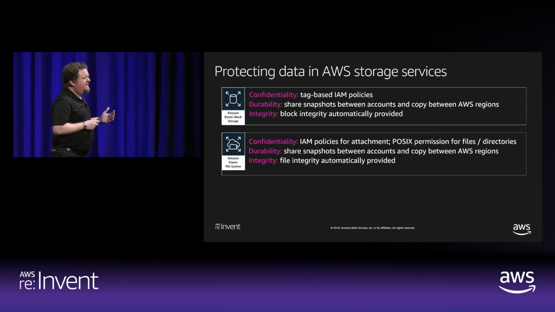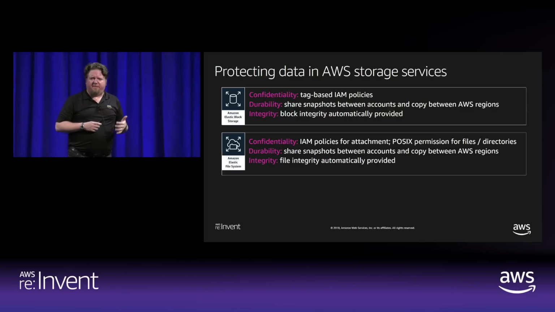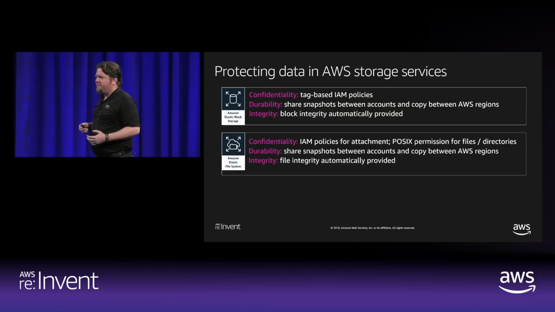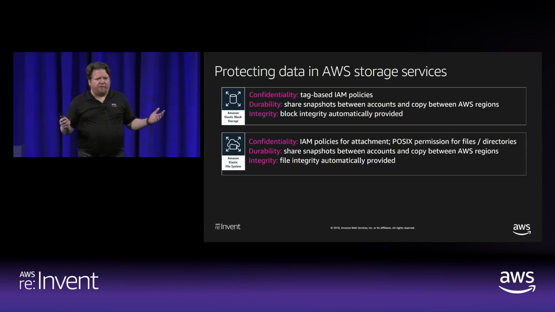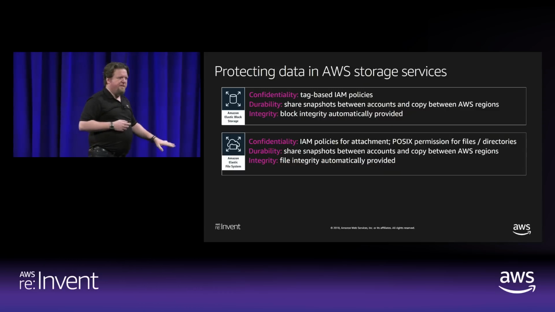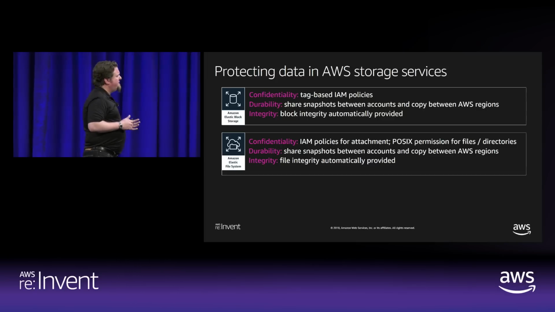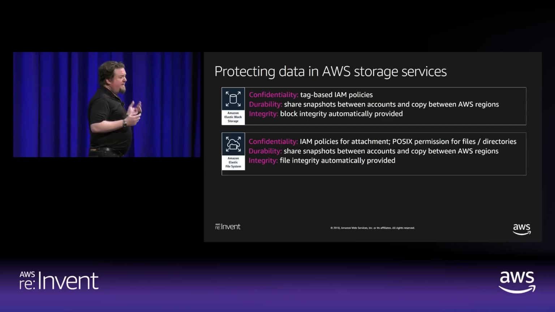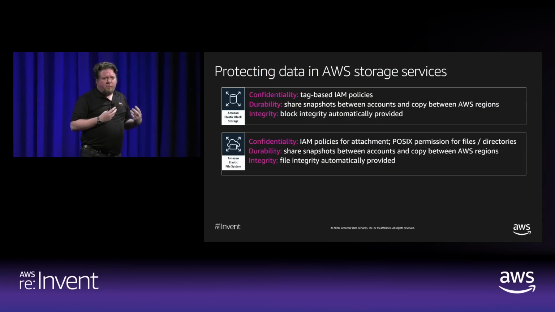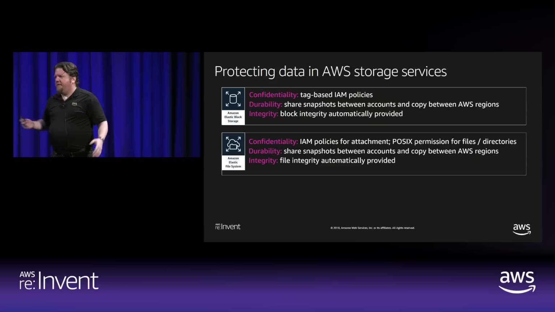In EFS, you can control the attachment of the file system using AWS IAM, but of course then there are POSIX file permissions to go deeper. EFS does not support ACLs, but it does support Unix-style chmod permissions. It works pretty well, and that solves for most use cases. Durability, again: you can take backups and move it around. EFS File Sync is like a custom-built widget that we made. You light it up inside of your VPC, and you can do all the pumping between EFS.